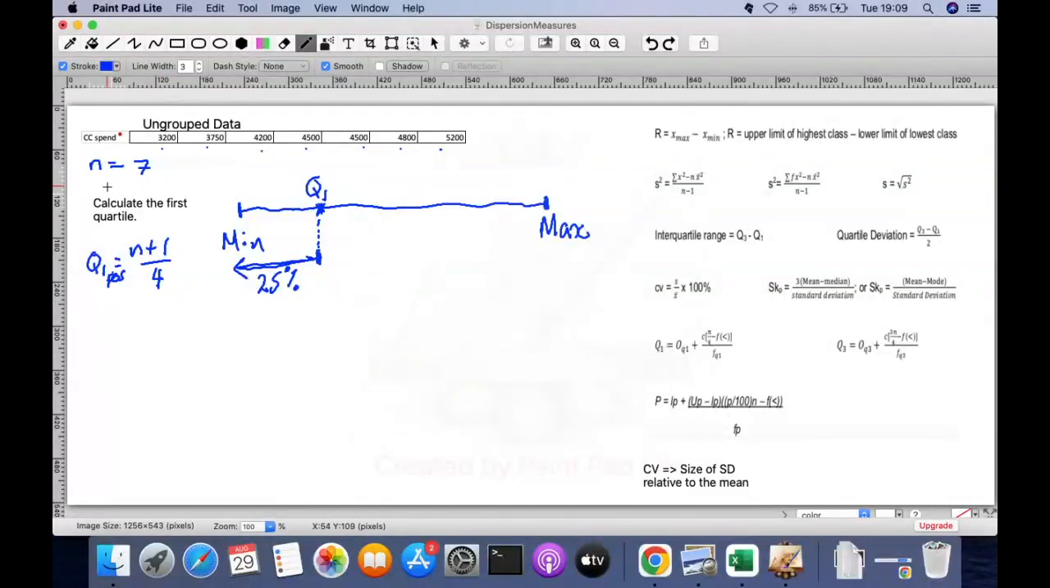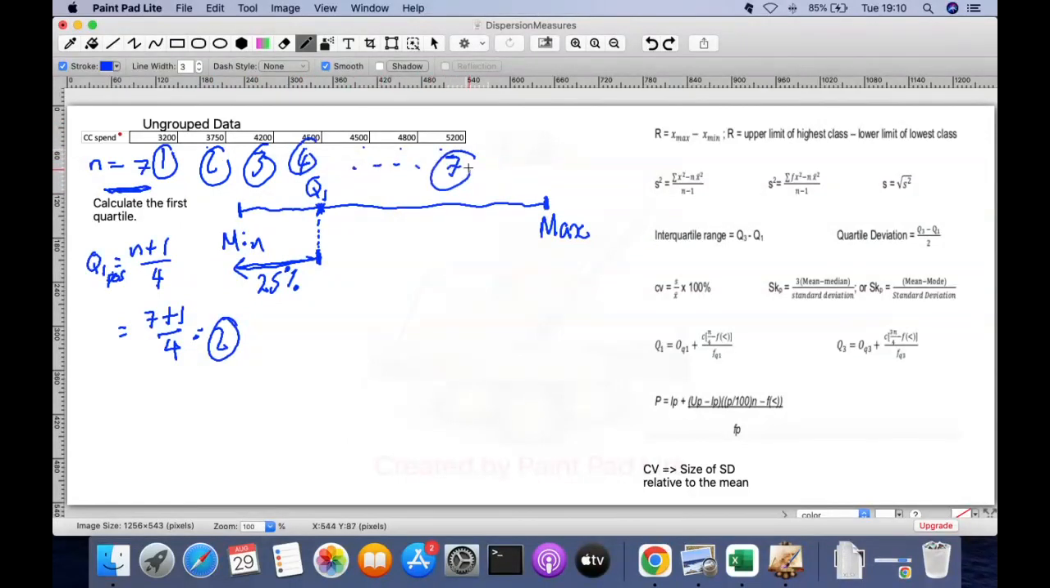Now we know what our n is, it's 7. So we plug 7 into this formula, and what we get for the position is (7 + 1) over 4. If you work that out, that is 8 over 4, that's 2. What that means is it's in the second position. Since you ordered your data, this is position 1, this is position 2, 3, 4, all the way up to 7. So the second position is here. That value is 3750. So your Q1,